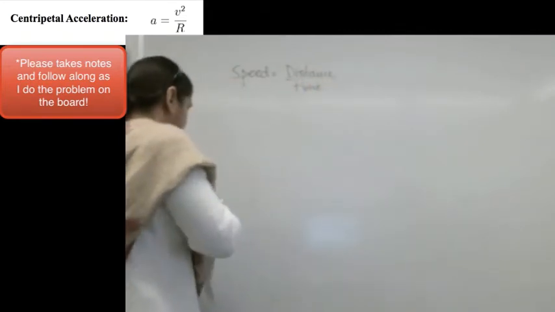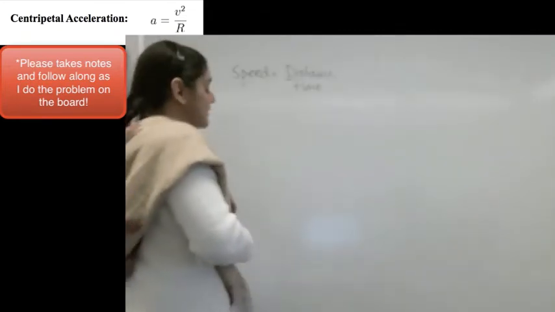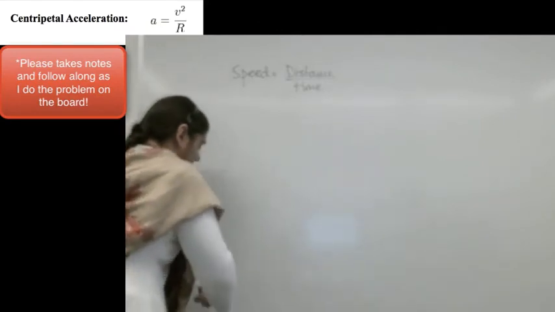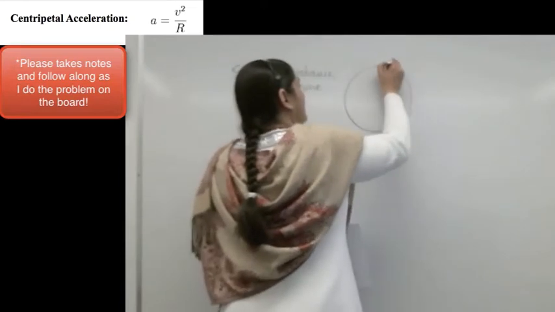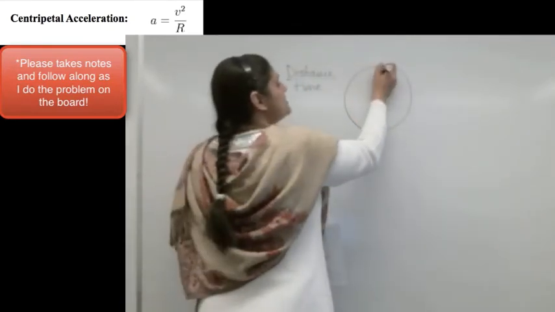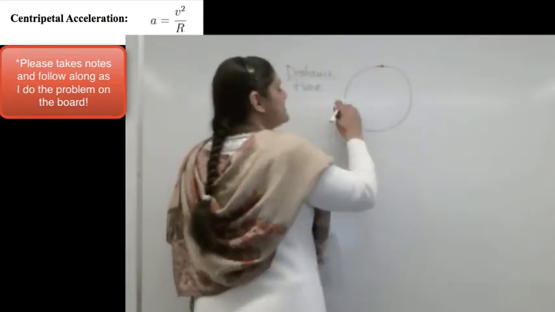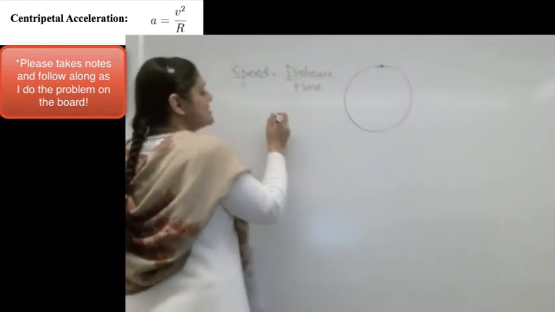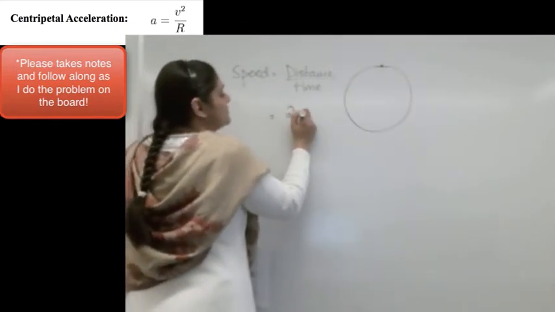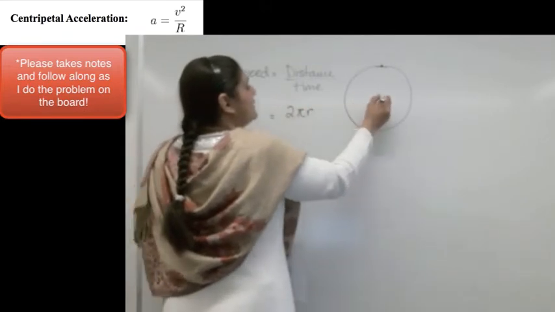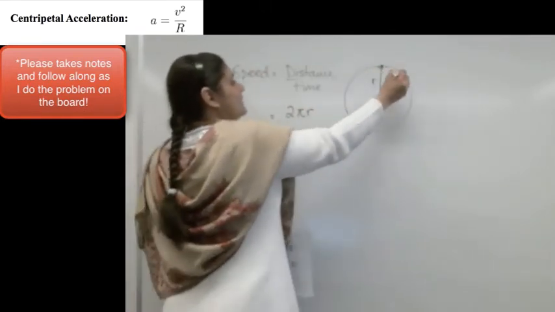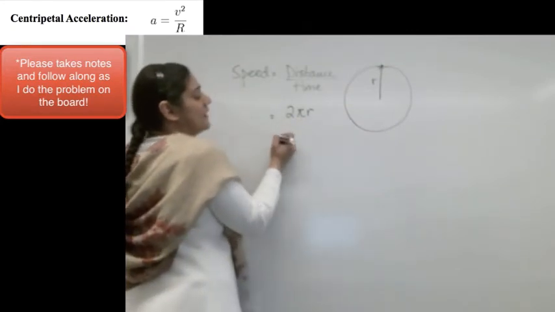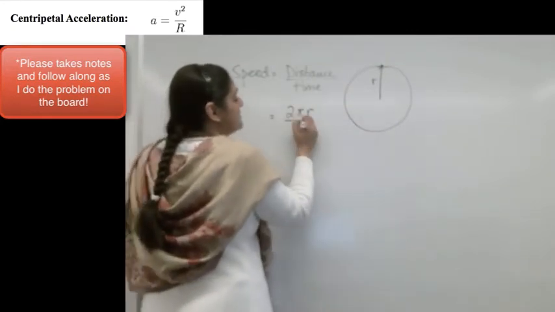When things move in a circle, in order for me to start from this point and come back to this point again, how much distance did I cover? 2 pi r, right? If r is the radius and I covered the whole distance, I covered 2 pi r, the amount of distance,